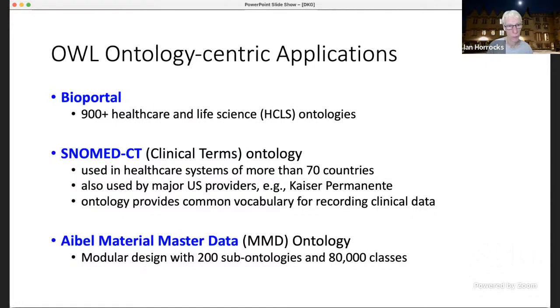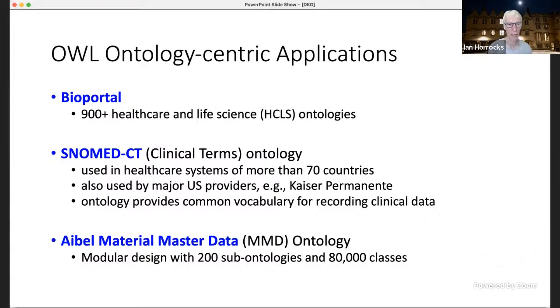So I wanted to just switch over and talk a little bit. I've got a few applications here. Actually, I just want to make the case for success of OWL as an endeavor and the kind of infrastructure that we as researchers in the semantic web community have developed. The result of that is that OWL's actually pretty widely used out there. I'd say for this ontology-centric mode, it's a little bit more niche. It tends to be healthcare and life science applications, but there are also applications in industry.